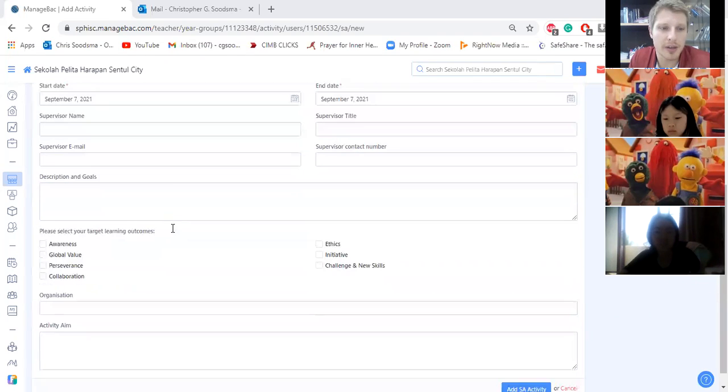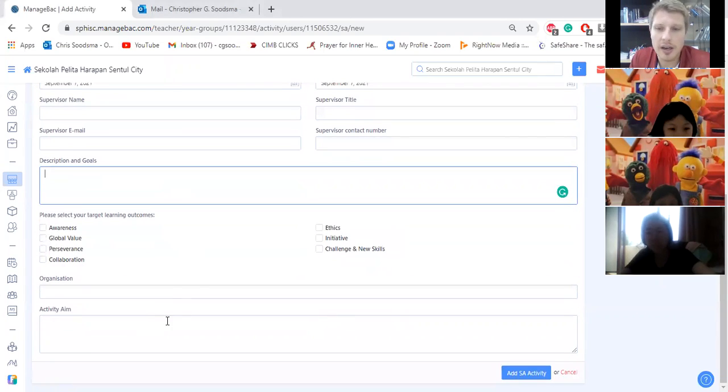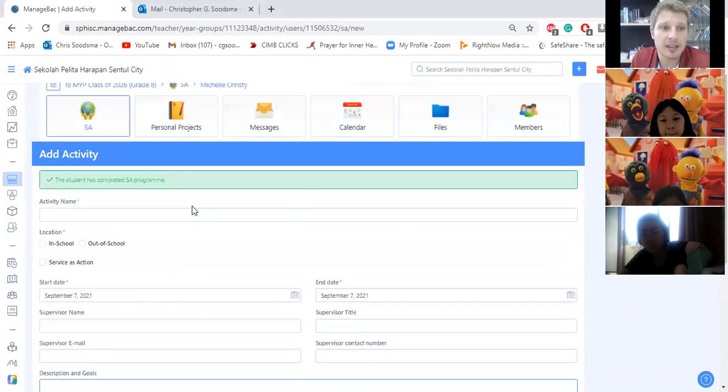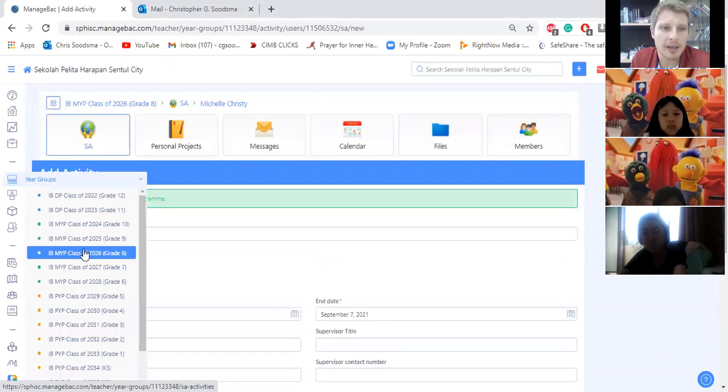Put me as your supervising teacher, your goals. What do you want to do? And then select the area which you're going to be focusing on. So I'll show you that in the next slide, but you click on it and then you'll upload any documents and journal entries into this activity in your essay. So we don't submit it to the ManageBac